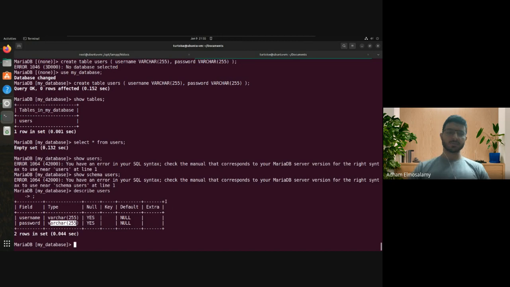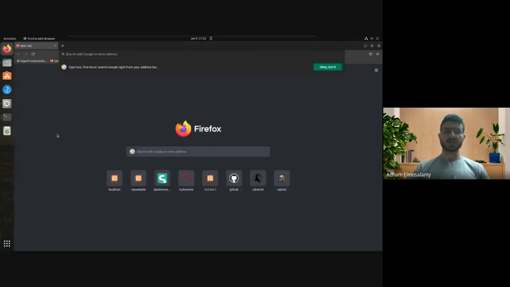So now that we've created our table, we can connect to it and add stuff to it and edit stuff in it using our login form in PHP. Okay, so let's actually add them. I'm going to add them